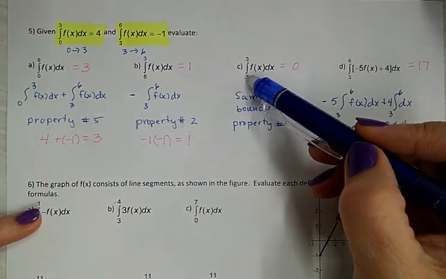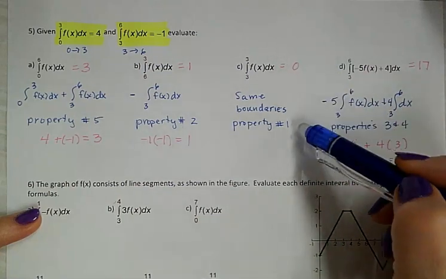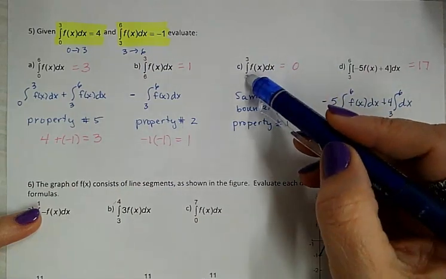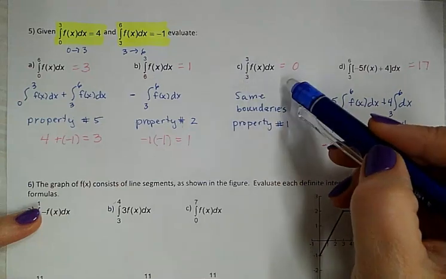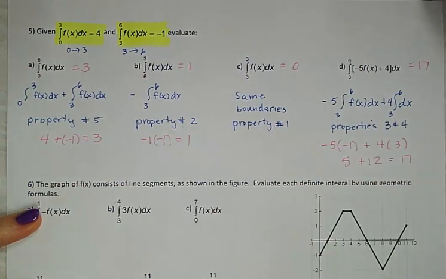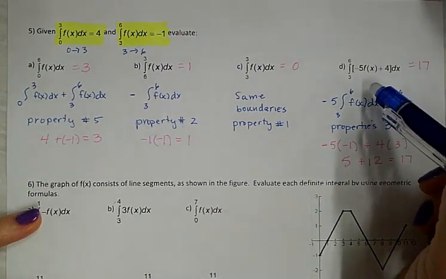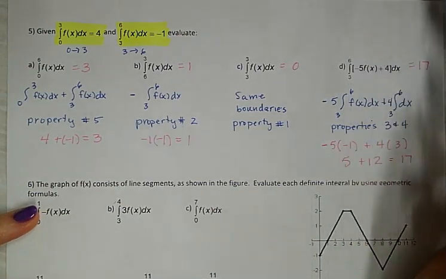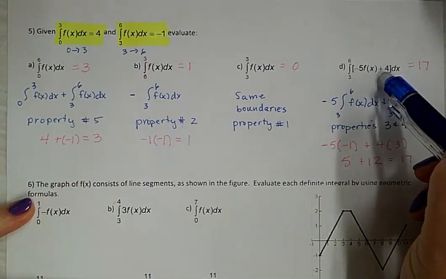This one goes from 3 to 3. Those are the same boundaries, so that's property 1. And when it starts and stops at the same point on those boundaries, then the area or the integral equals 0. And finally, the part D goes from 3 to 6, and it is a sum and difference in here,